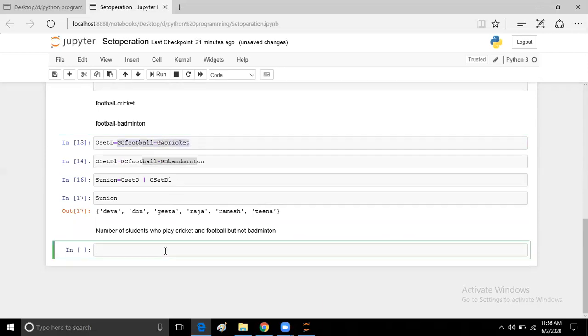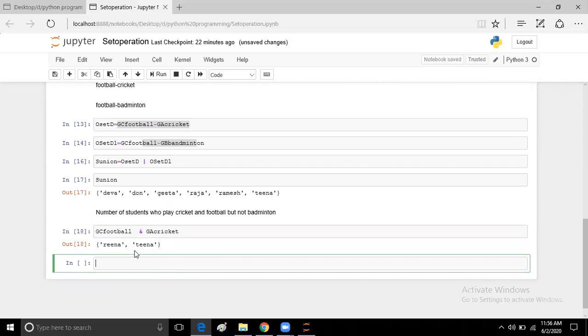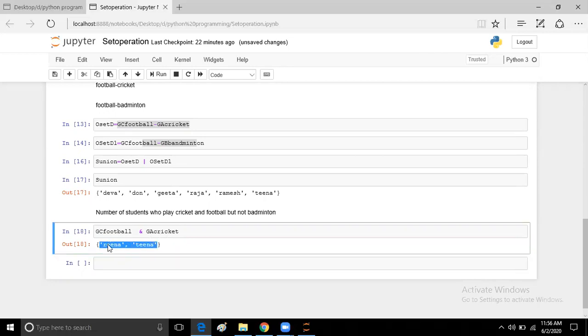We have the and operator, which will give the common elements between these two groups. So who is common? In football and cricket, we found two players, Rina and Tina, who play football as well as cricket.